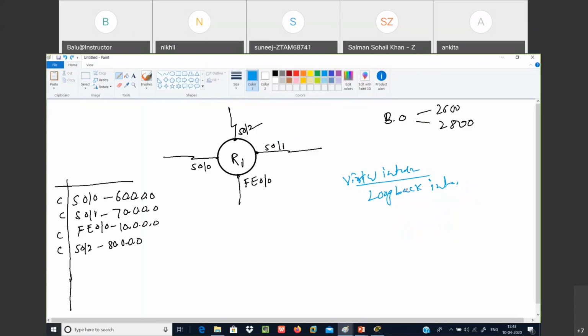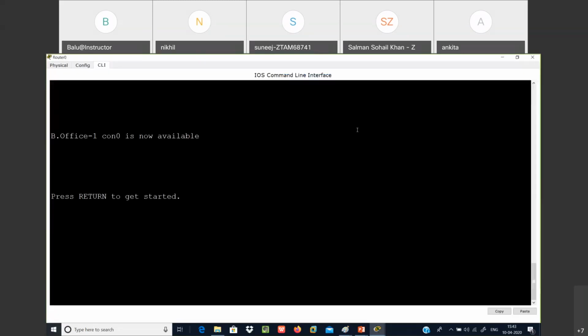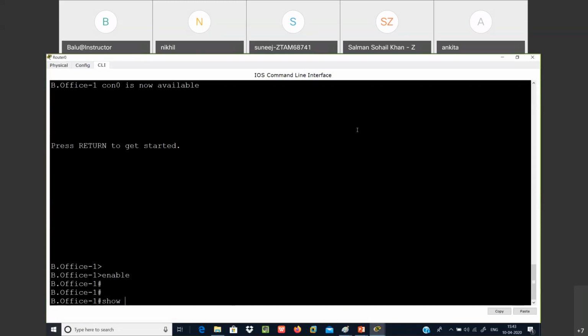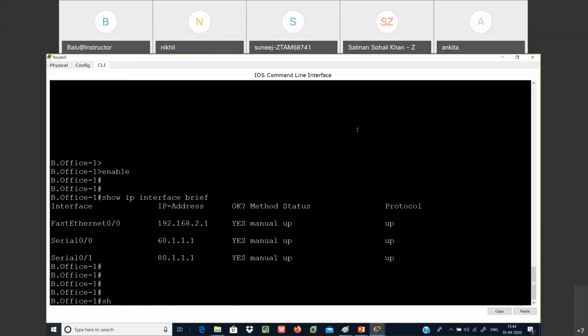Let me show you how to create this loopback interface. Let me log into branch office 1. Show IP interface brief. At present in the branch office 1 router, how many interfaces are available here? Three. So 3 are physical interfaces. Serial 0/0, 0/1, fast. Now if I open routing table,